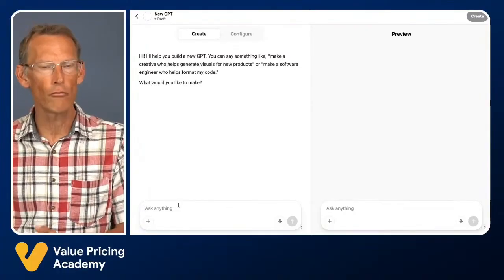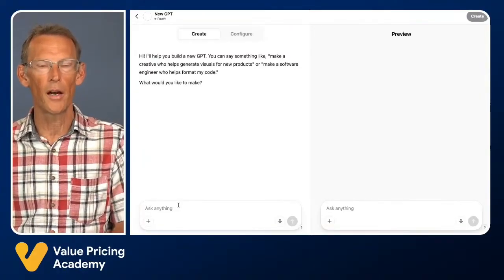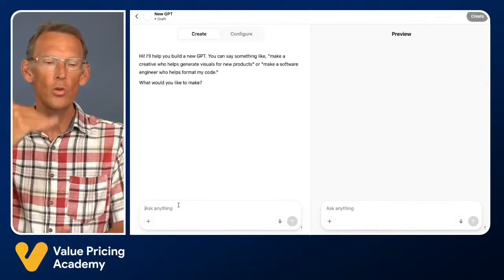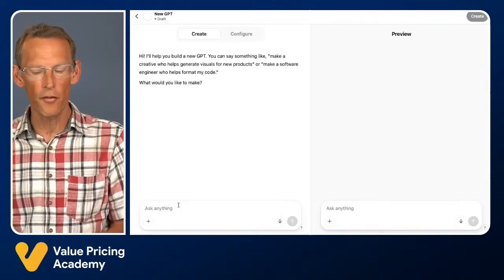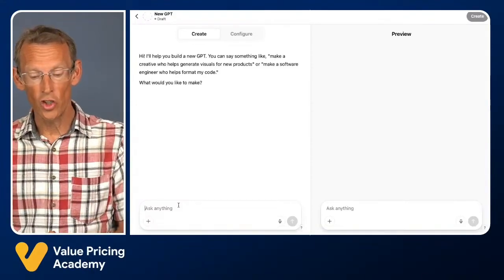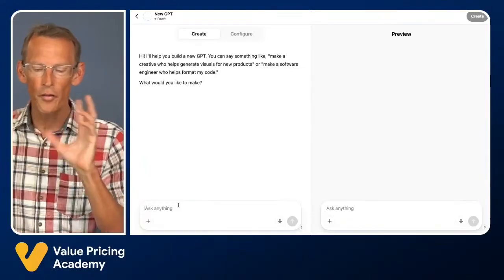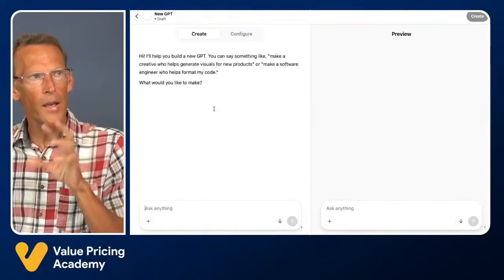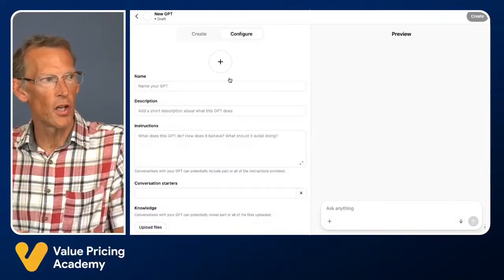The reason why I don't recommend it is because, firstly, I tend to find that what it builds behind the scenes is a little bit basic. As you continue the conversation, it keeps changing the instructions, and you might find the first time it seems to work quite well, and as you have the conversation, it changes it and it gets worse, and you've lost the original set of instructions. So for that reason, I prefer to go to Configure and write the instructions in the